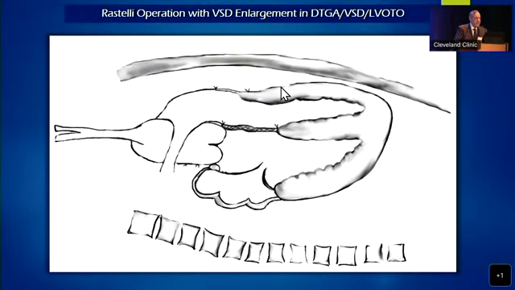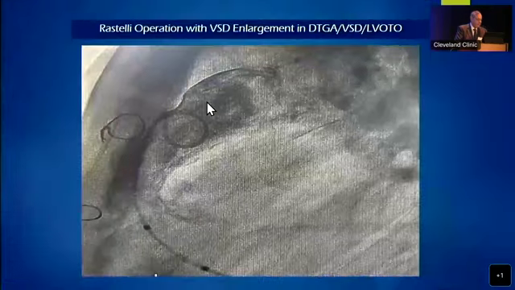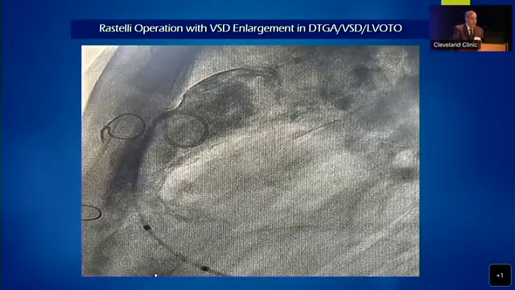This is contrary to what you see in the RAVE operation, where there is no conduit, and with the reconstruction, the pulmonary artery is away from the sternum. And this is not only a problem for the surgeons, but also for the cardiologists because, as you know, some of these interventions are now done in the cath lab, either ballooning the conduit or placing a valve in valve. As you can see here, the valve is very close to the sternum,